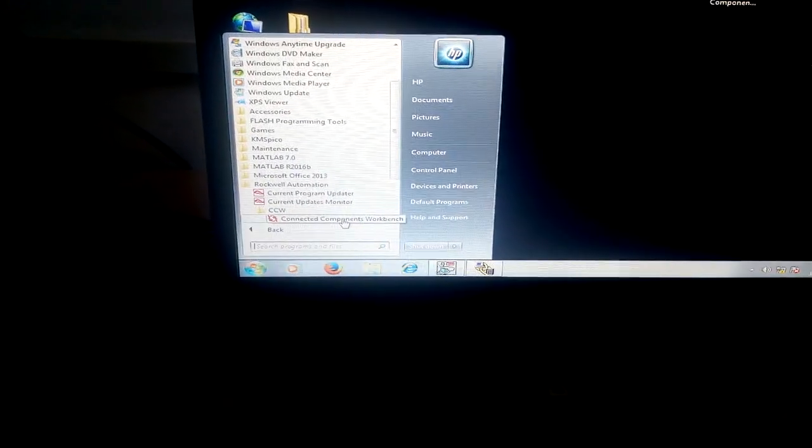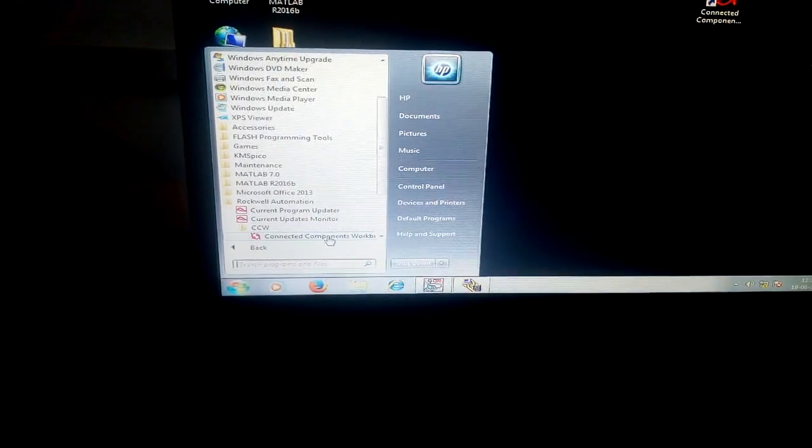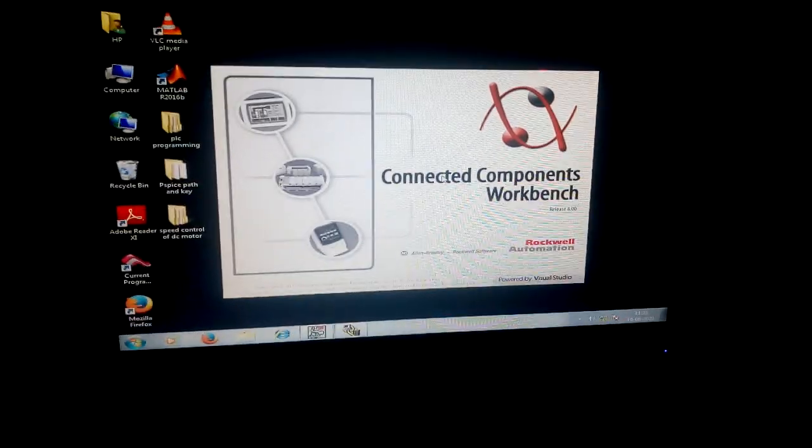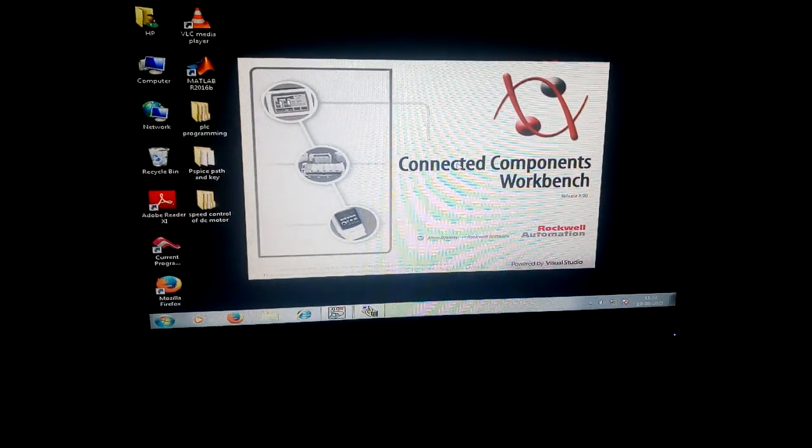Here in Rockwell Automation we have CCW, that means Connected Components Workbench. This is where we are going to build our ladder diagram. Just click on that.